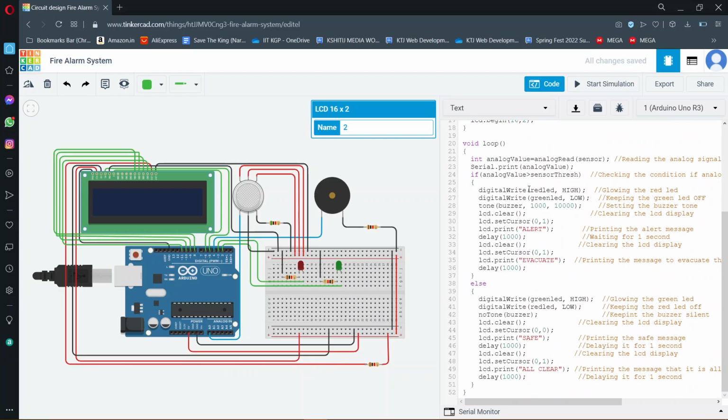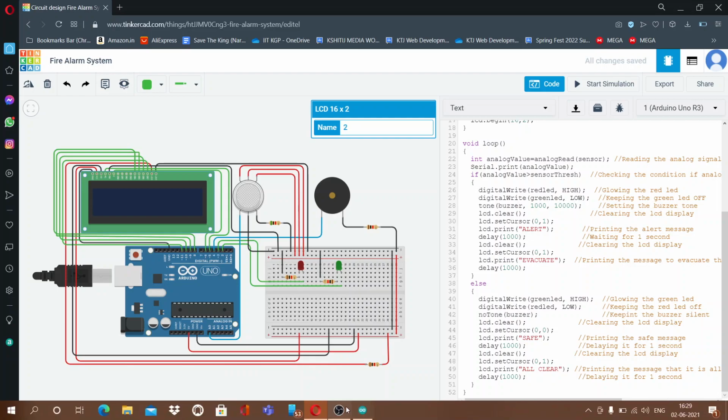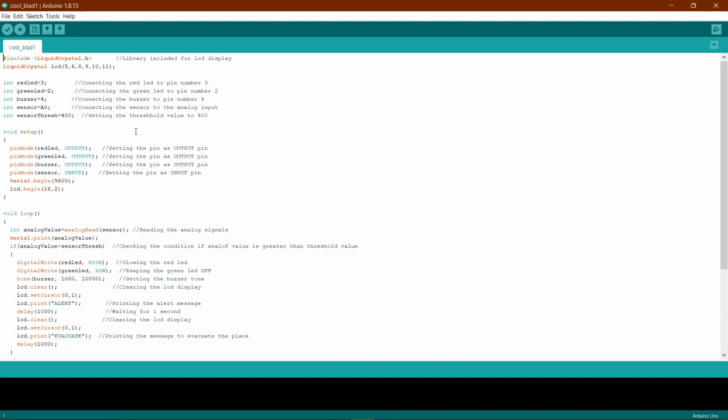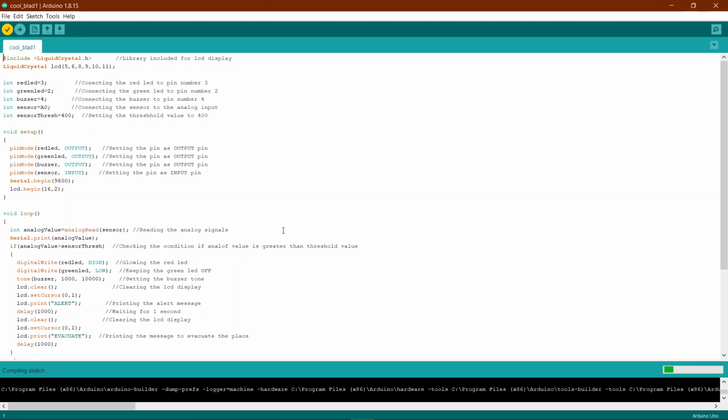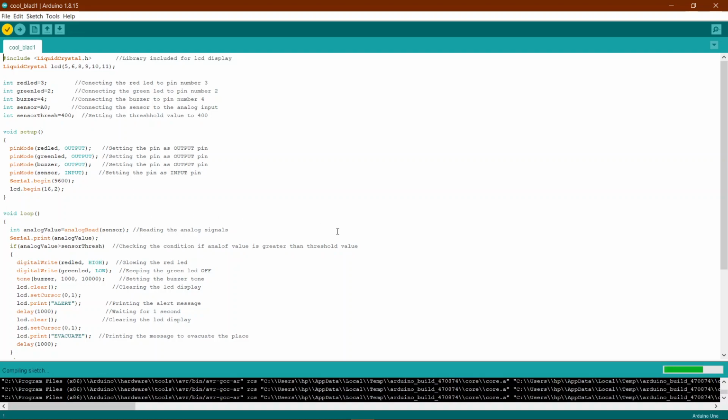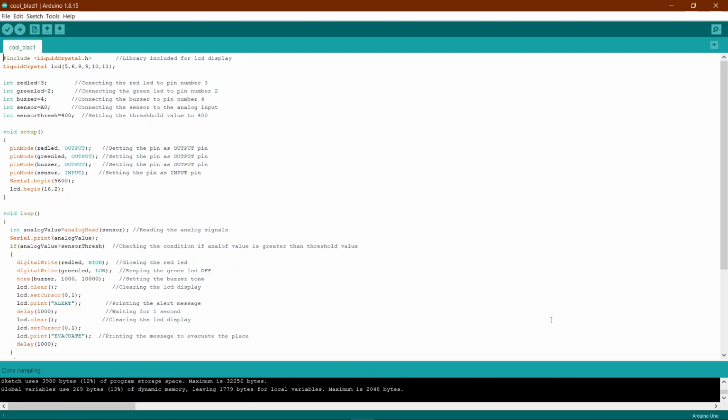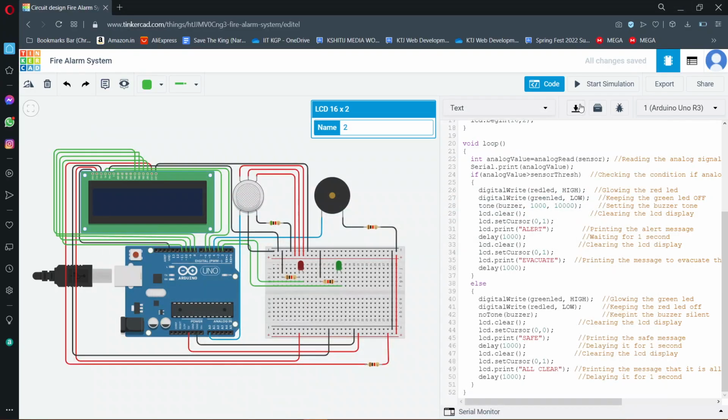And when I copy this code into the Arduino IDE, you can see that it is compiling successfully. As you can see, the code is successfully compiled in the Arduino IDE. So, starting the simulation,